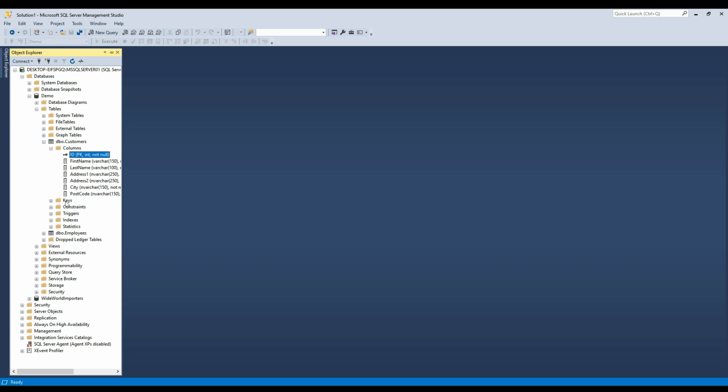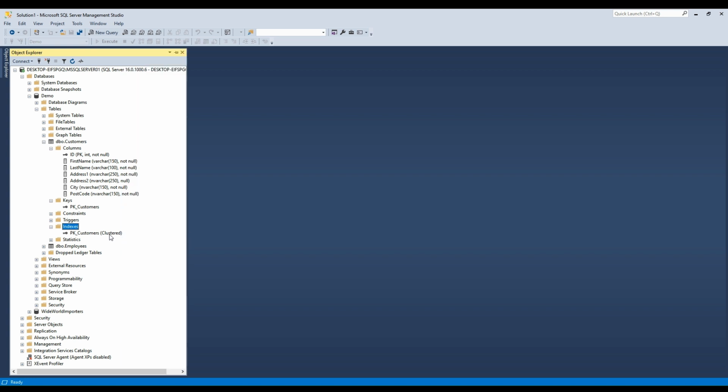You can also scroll down to your keys folder. In the keys folder, you will see that we now have a primary key, and it is on the customers table. And in the indexes folder, you will also be able to see an index, which is your primary key, and it is in fact a clustered index. Now, we do have a module that's coming up about indexes. We will tell you all about those,